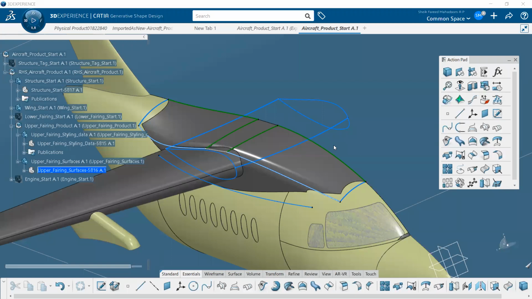Guys, if you have any doubts till now, you can ask. We completed two things over here. One is engine styling, we completed it. Second was the upper fairing surface, we completed. If you have any doubts, please raise them here, because next we will be getting into the advanced stuff. There is a wing we need to design.